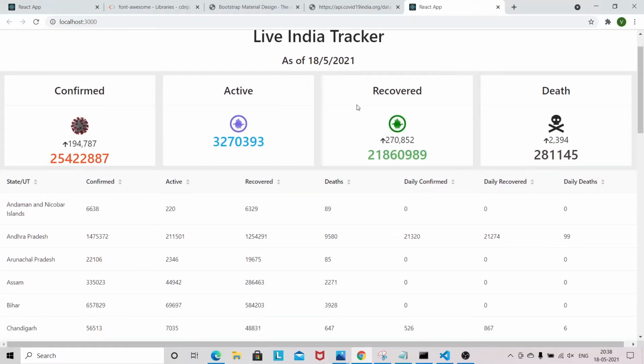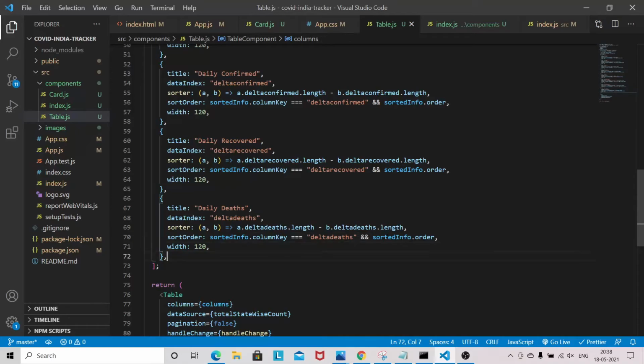Now the counts are increasing. Okay, still not working. Let's check what is going wrong.